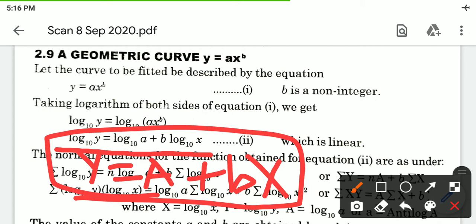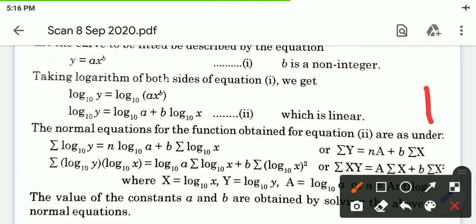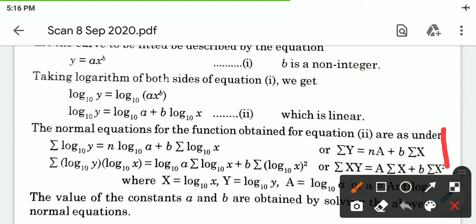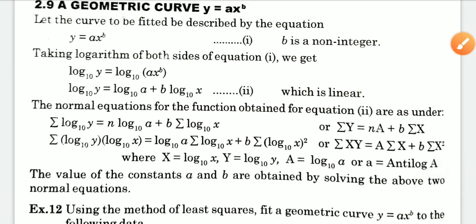But you know what is the normal equation of a linear line? It is summation Y = n·A + b·summation X, where capital X is log10 x, and summation XY = A·summation X + b·summation X². It is the normal equation of